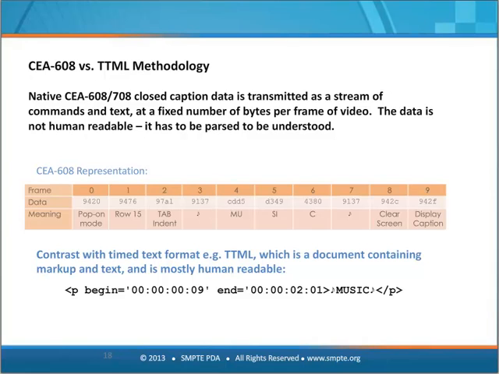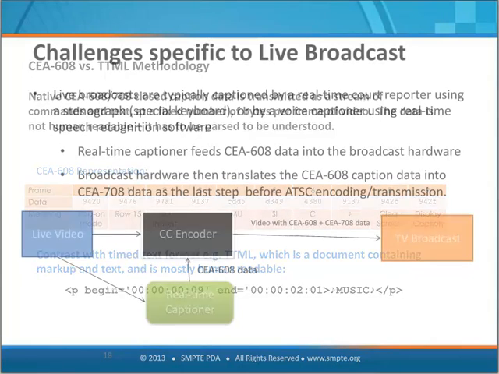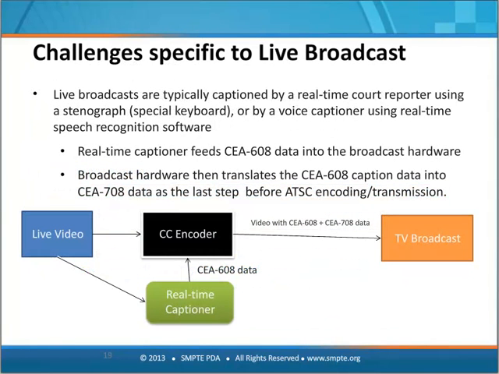On the other hand, TTML, Timed Text, or SMPTE Time Text, is XML. It's pretty much a human readable format. You can look at this right away and get an idea of what this means. But implementing the decoder is the tricky part, making it understand how to make this look like the 608 caption did.